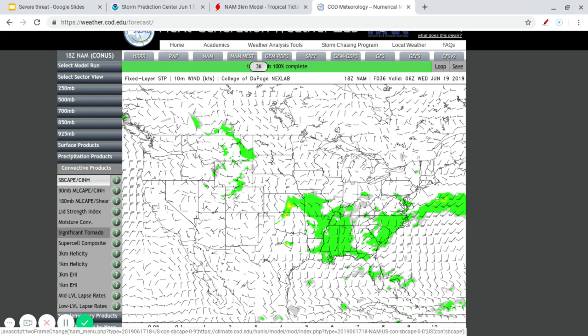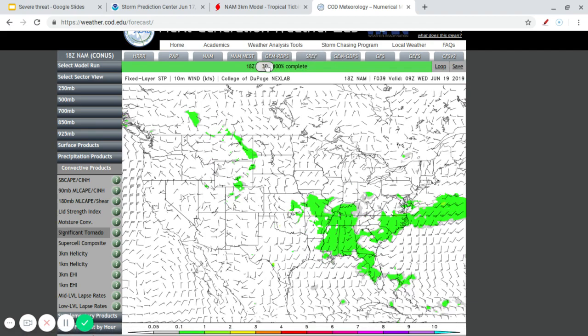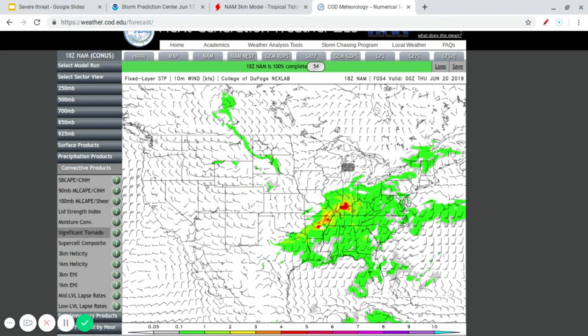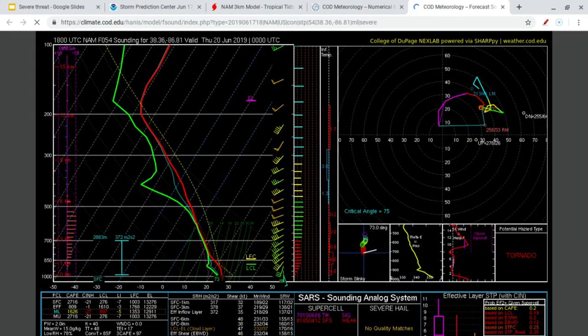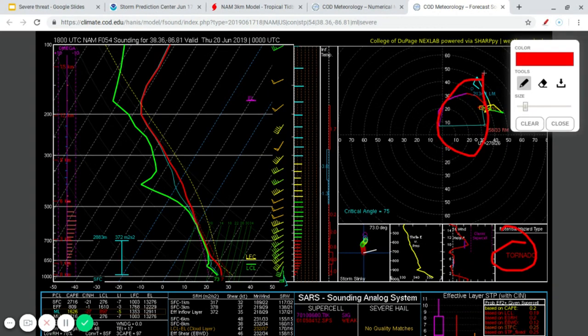And then I always click for soundings just to see if there's going to be rotation. Like you see, let's go to a Wednesday afternoon. Or you see, look at this, there could be some pretty strong tornadoes, like a 5 almost. I click for a sounding, and if it loads pretty quickly, you can see potential hazard type tornado. You can see this right here. I don't really understand that yet. I haven't really looked into soundings, but I understand this part.